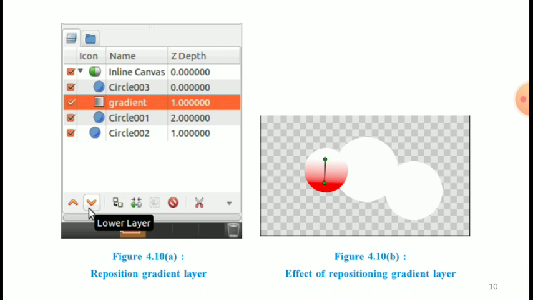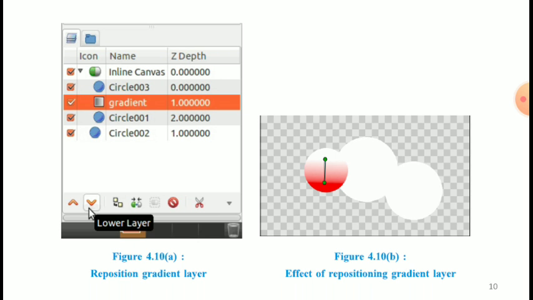So the important point to remember here is that a layer can only modify the data that it gets from the layer directly below it.